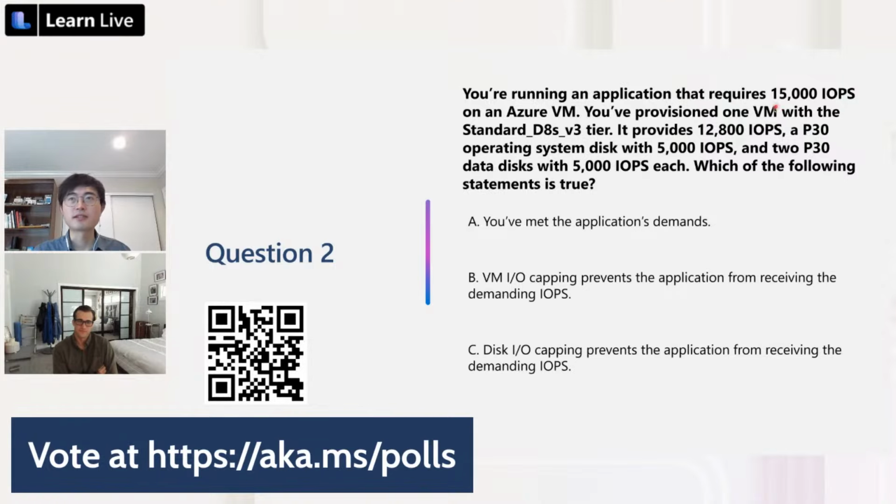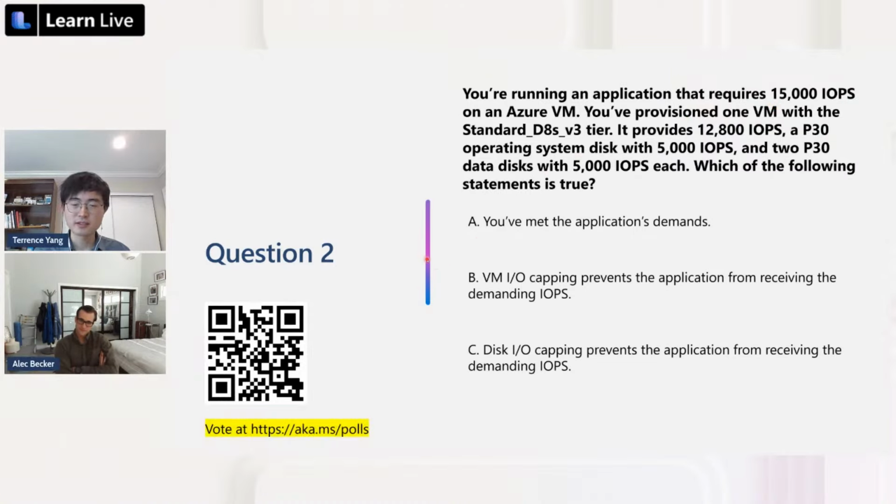Okay, so I have some answers coming in. It's pretty diverse. I think we have people voted for each of them. The correct answer here is actually B. It is VM IO capped. So maybe I can quickly show you how,